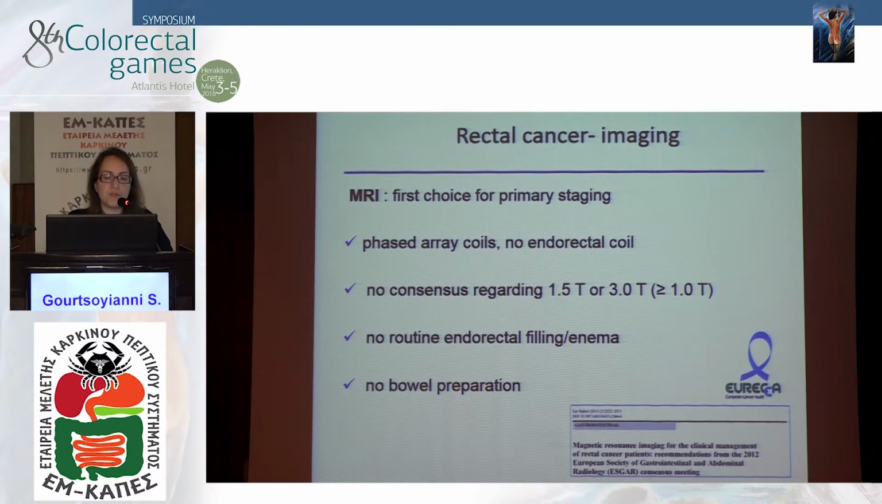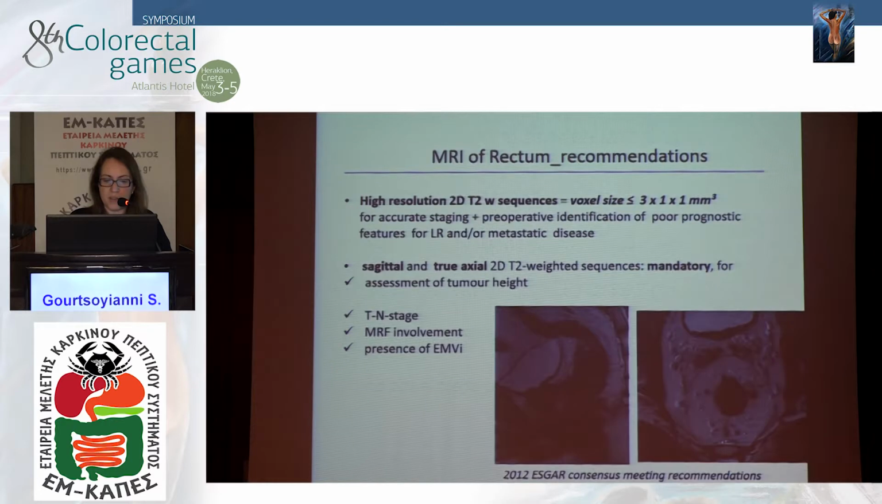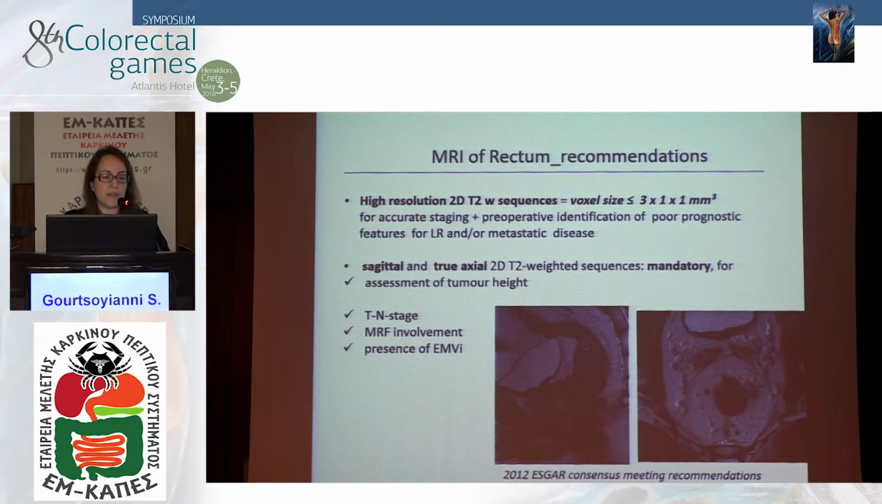MRI is the first choice for primary staging, and we perform MRI scans using phased array body coils. There is no need for an endorectal coil. There is no need for a routine endorectal filling or enema, and there is no need for any bowel preparation prior to the examination. We use high-resolution 2D T2-weighted sequences